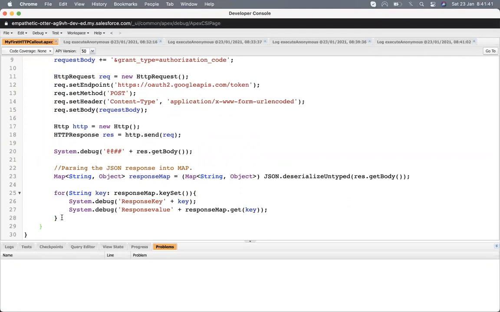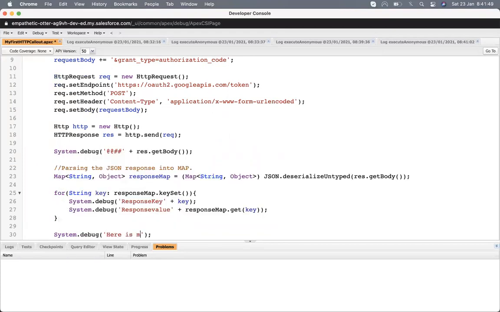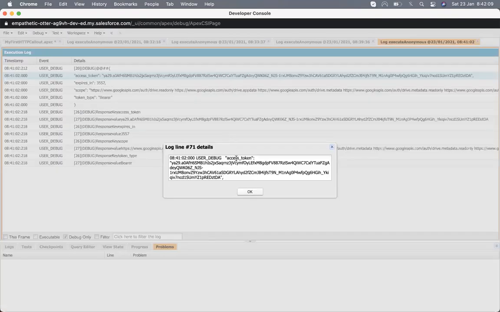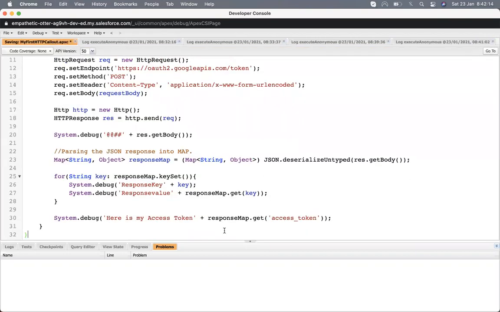So it will be response.map.get, and in that I will pass what is the value. So I will pass it up here and get the access token because it's acting as a map. So I got the access token.